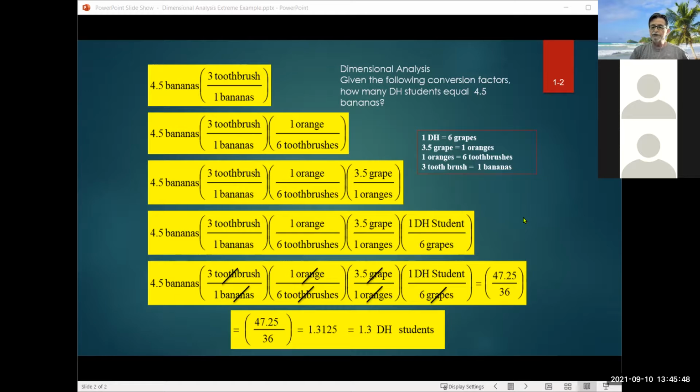All right. If the question asks you to show your work, this is what they're talking about: show your conversion factors. I've been asked, can I take all these conversion factors and make them into one? Sure. If you look at all of them put together, I can make one conversion factor of DH students divided by bananas, because everything cancels and makes one unit. I can do that. But I would practice first using this technique, because when we get into equations,